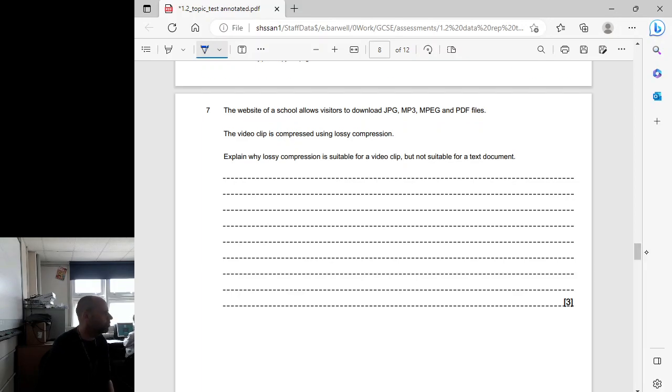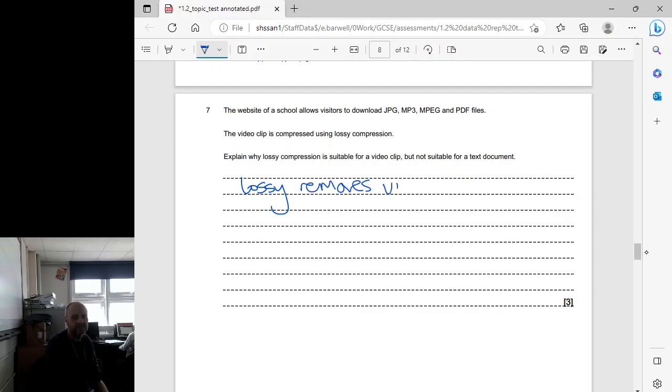Right, okay, this one was quite hard to answer clearly. A few people gave it a good go, but got a little bit muddled. You've just got to take it in parts. They've said you can have JPEG, MP3s, MPEGs and PDFs. A video clip is compressed using lossy. Explain why that's suitable for a video clip, but not suitable for a text document. So they're saying what is lossy compression? And what's its drawback? So, lossy removes